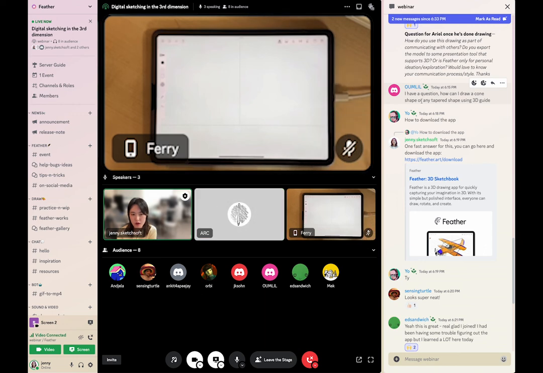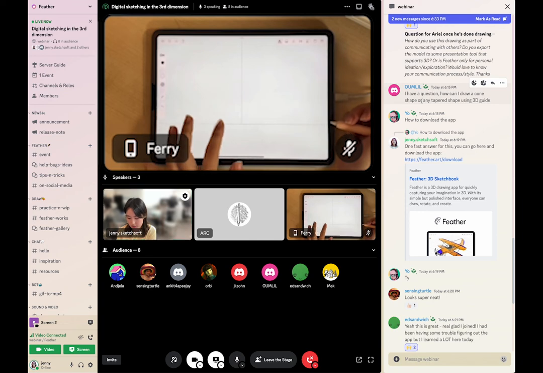For example, to draw a cone or a tapered shape, I think it would be easier if you all use the 3D modeling tools. We call it Loft. But yet we don't have it,